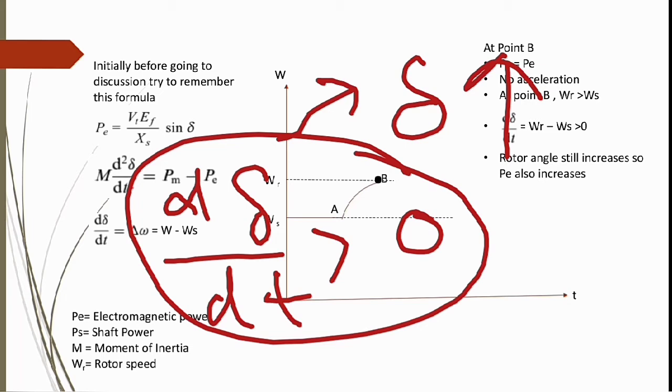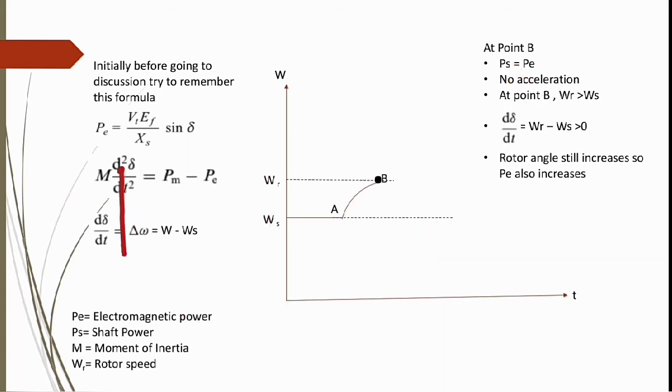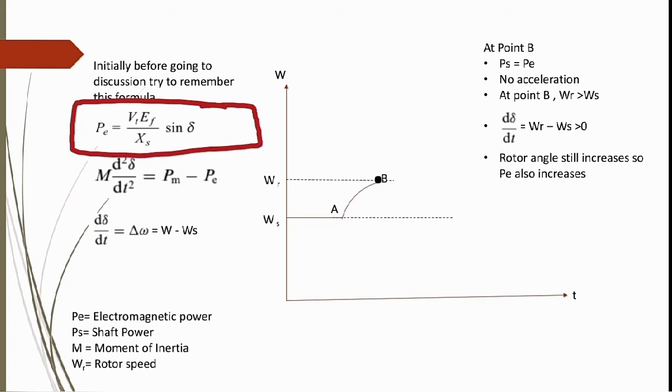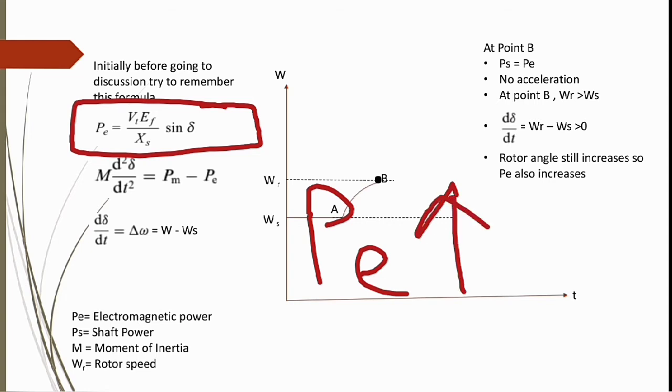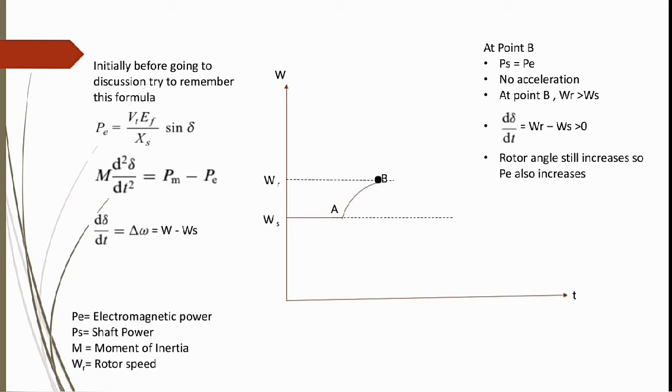So if the rotor angle increases, we know PE equals VTEF upon XS sin del. That means PE also increases during this. So at point B, PE increases. That is the main outcome coming from this. Okay, next is,